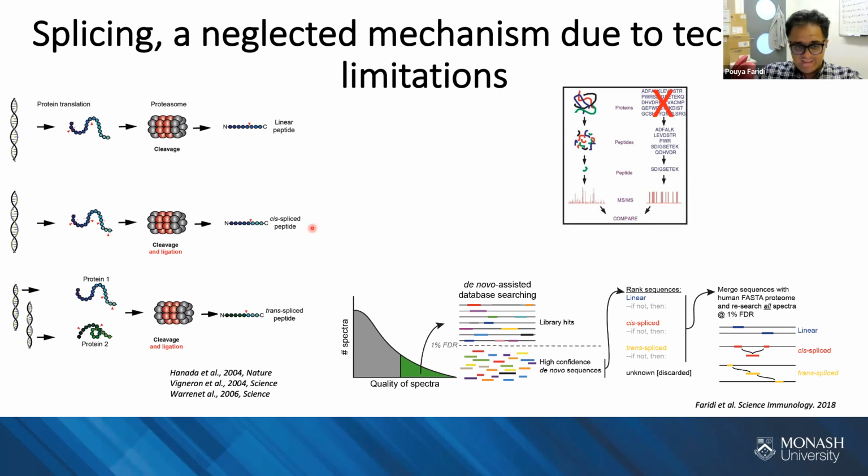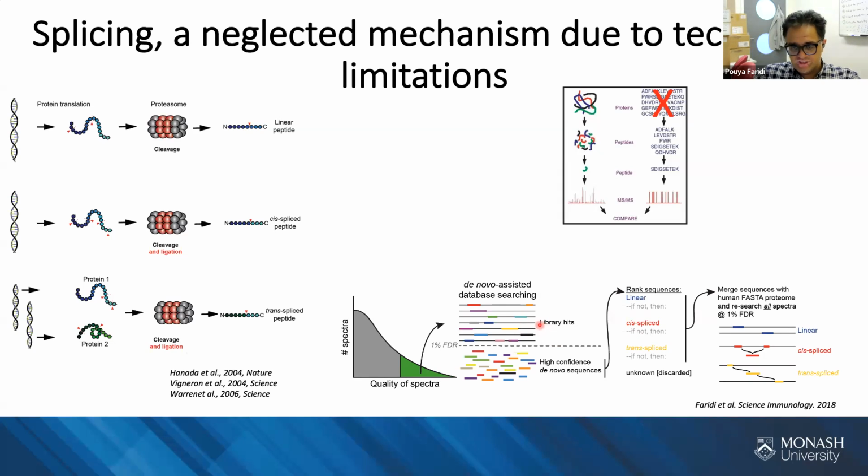And this was very interesting and also challenging because we don't have any template for these cis and trans-spliced peptides in our proteome or in our genome. So normal workflows that we have in immunopeptidomics could not work well for them because in general proteomics and in general immunopeptidomics, we always have a template in our proteome, but we don't have this for spliced peptides. So that's why we had to develop a workflow called HybridFinder, where we needed to do de novo sequencing to find candidates for cis-spliced and trans-spliced peptides.